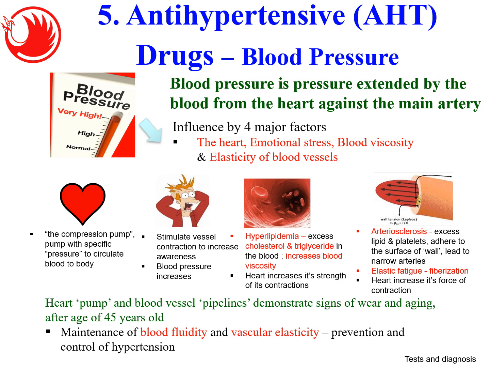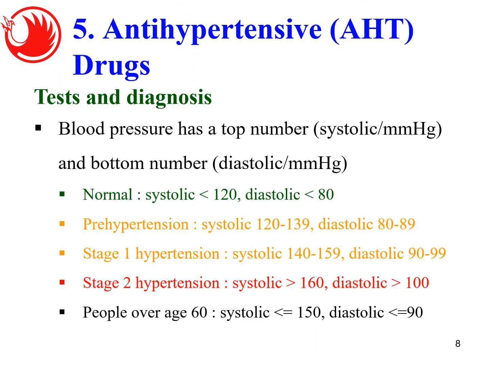But before that, how do we test the blood pressure? Actually, for blood pressure, there are two numbers. One is called systolic, the top number. The other one is diastolic, the bottom number. You can buy a blood pressure machine to measure, and normally you just surround the cuff on your arm. Then it will pump air, and after that it will start measuring your systolic and diastolic blood